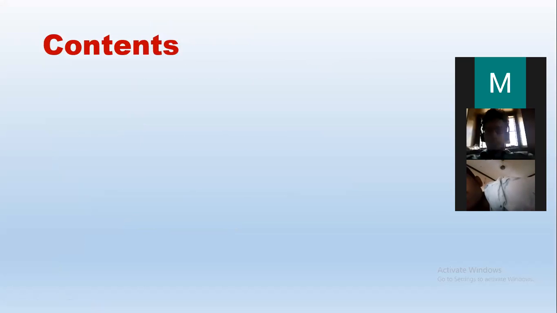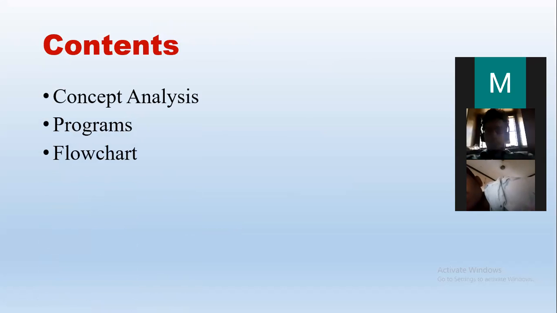With the contents which I told you, we are going to discuss the concepts based on the nested loop. We just discussed one matrix type of example, and then programs 24 and 25, and then we have the flowchart for each, and the tracing with one example, as well as program execution. We will execute the programs and see how the output looks, right?